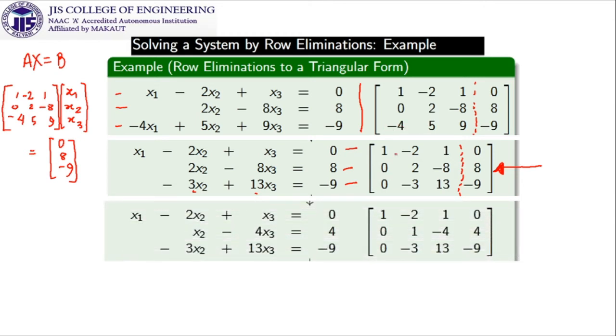So in the next step, we have x1 minus 2x2, then x3 is kept as it was, then from this equation we have taken common 2, and it makes x2 minus 4x3 is equal to 4. So similarly it is divided by 2, or you can call it a scalar multiplication by 1 by 2, which is allowed because 1 by 2 is non-zero. So it is coming like this.